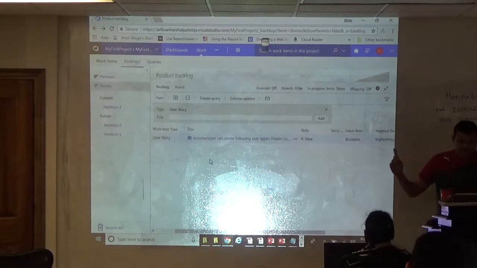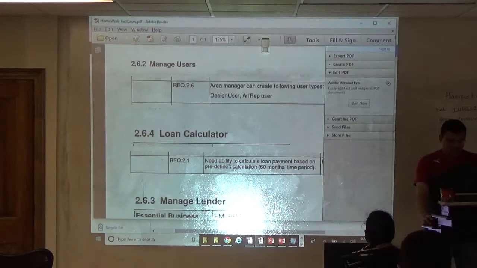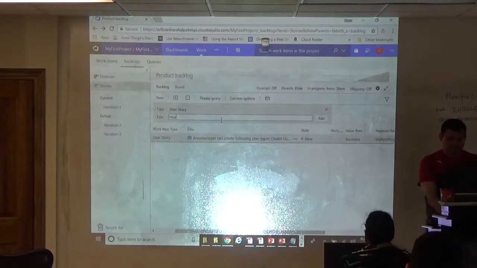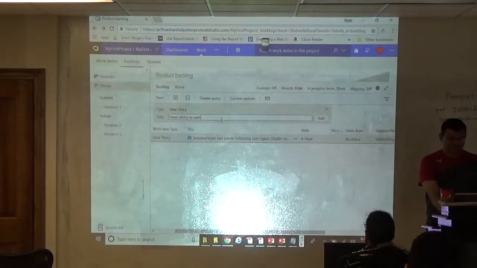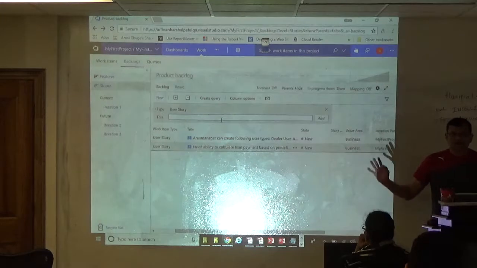Okay. Let me add one more story here. The loan calculator one. Okay. So I'm going to add the loan calculator story. So need ability to calculate loan payment based on predefined calculation. Okay. So let's say I added it,